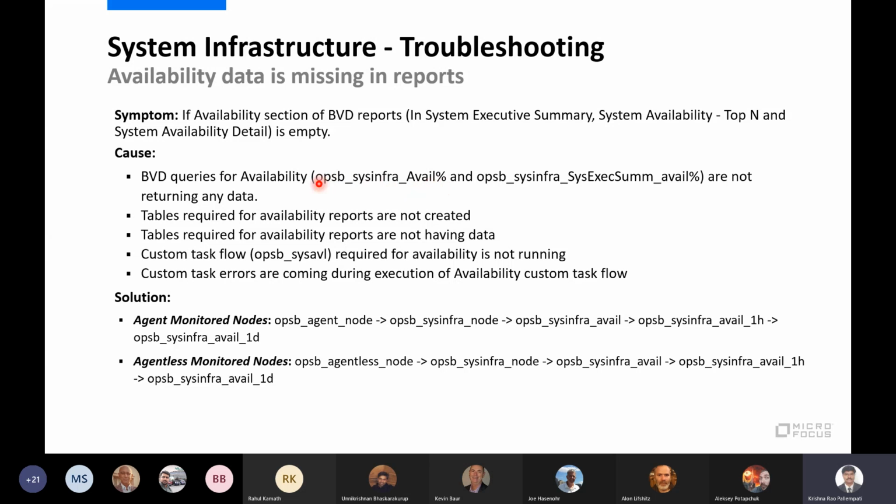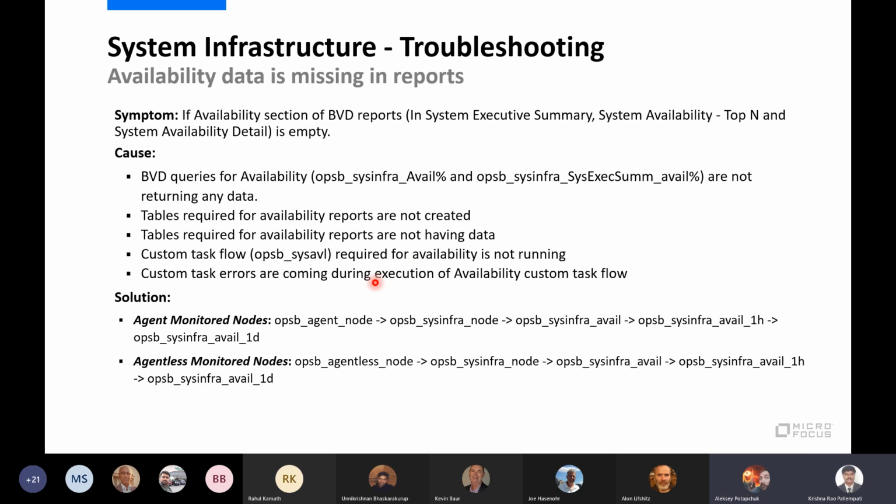You will find the queries attached to that BVD report with these names. You run these queries and you will see whether the data is there or not. First of all, we check that the required tables are there, and if the tables are there, whether the task flow is running or not.